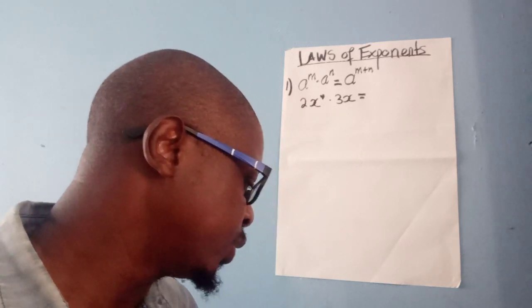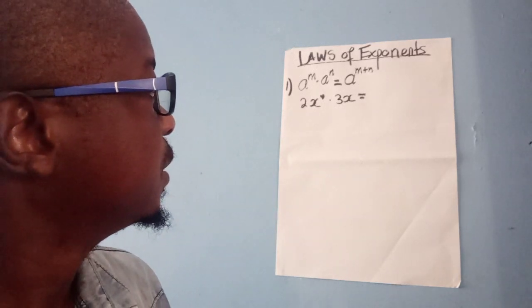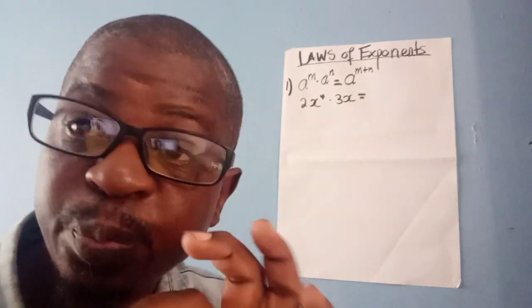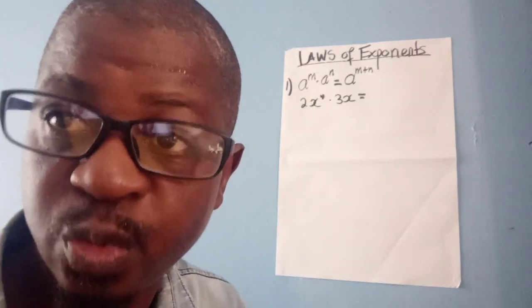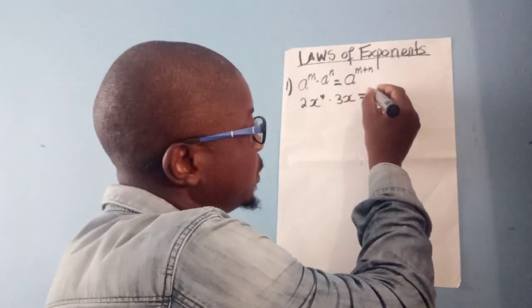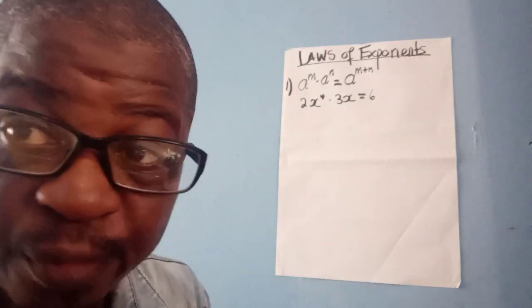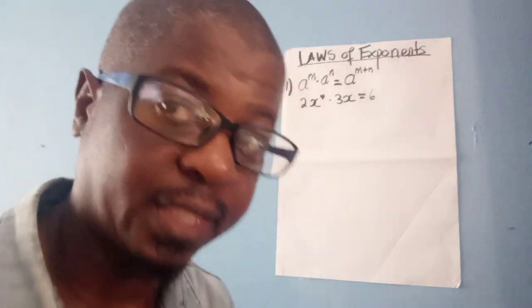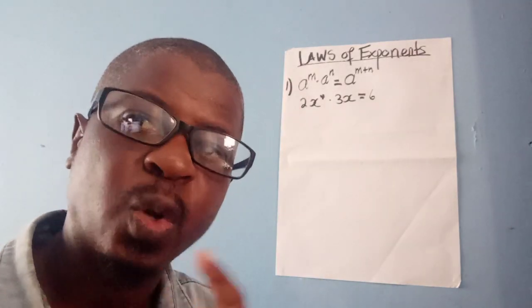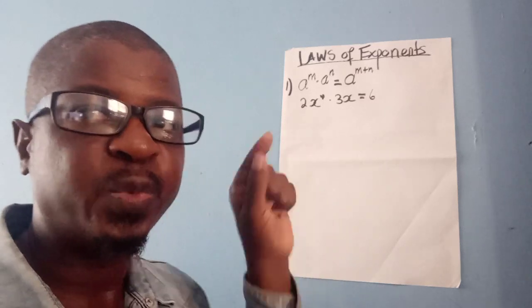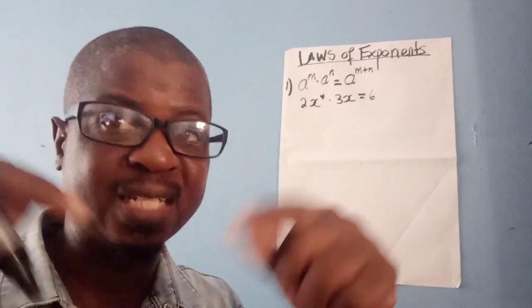What we are going to do is multiply the numerals first, which is 2 times 6. That's obvious, isn't it? Yes, it is obvious. Okay, so now the law of exponents that we are dealing with comes into effect,